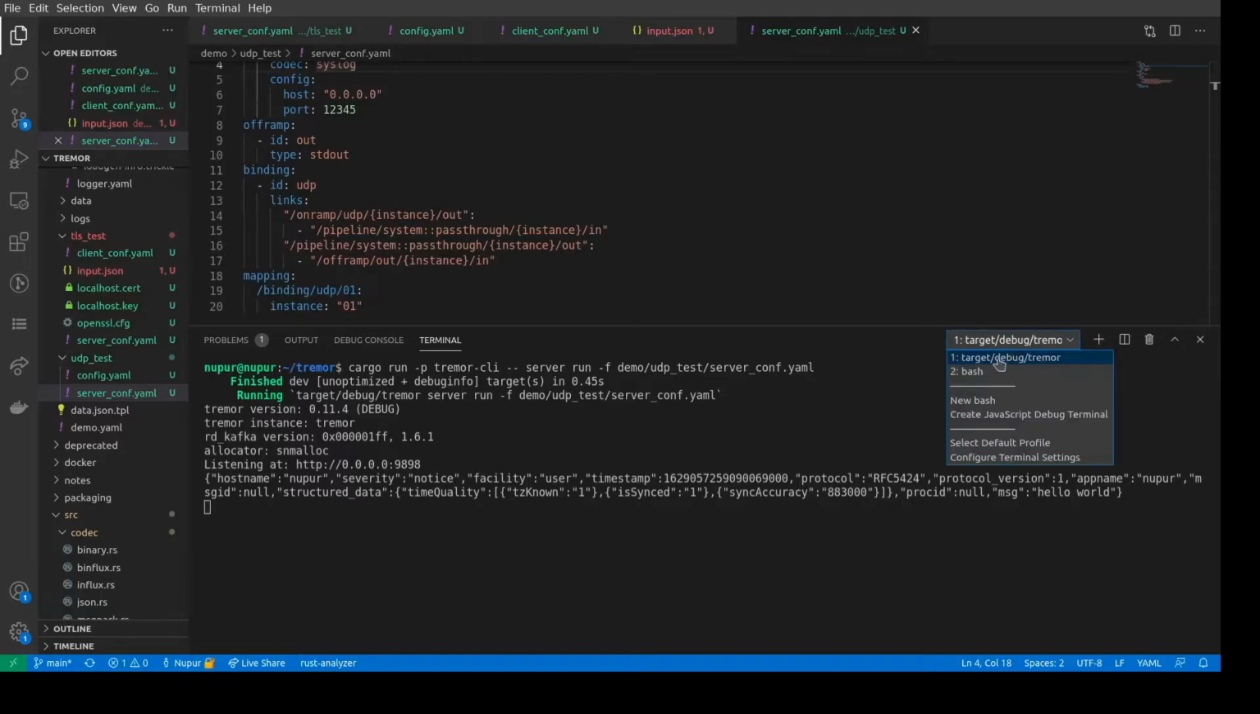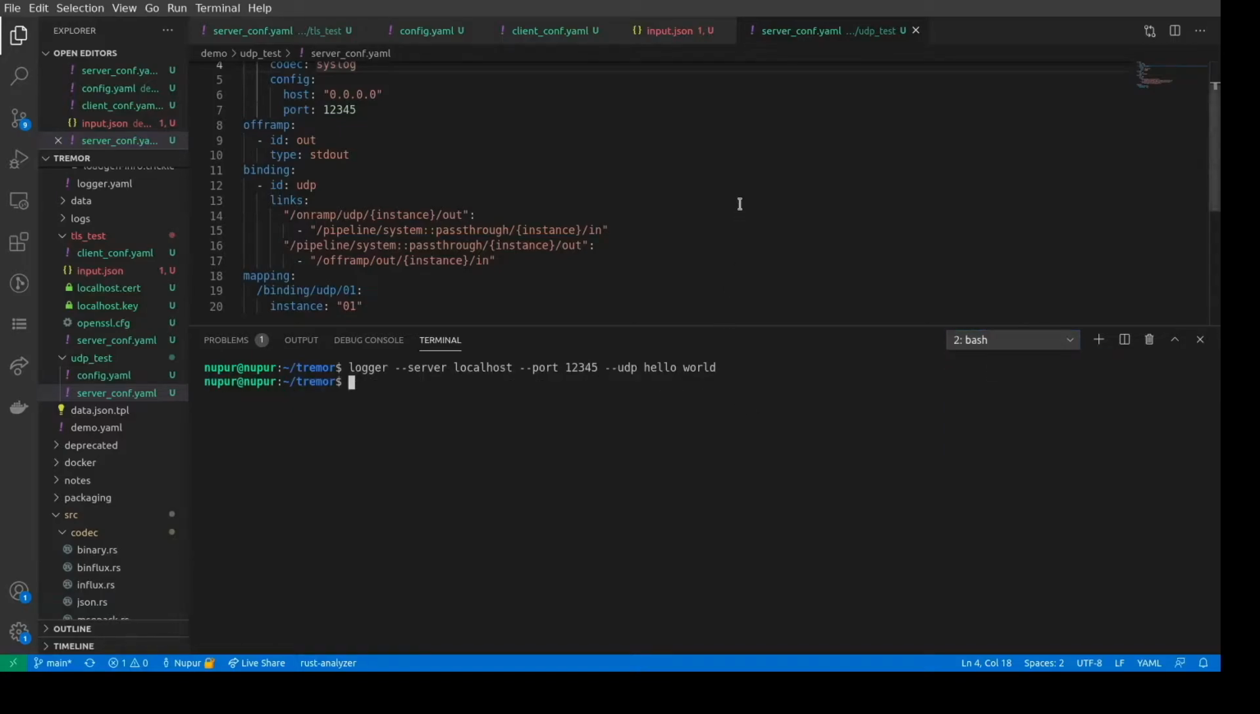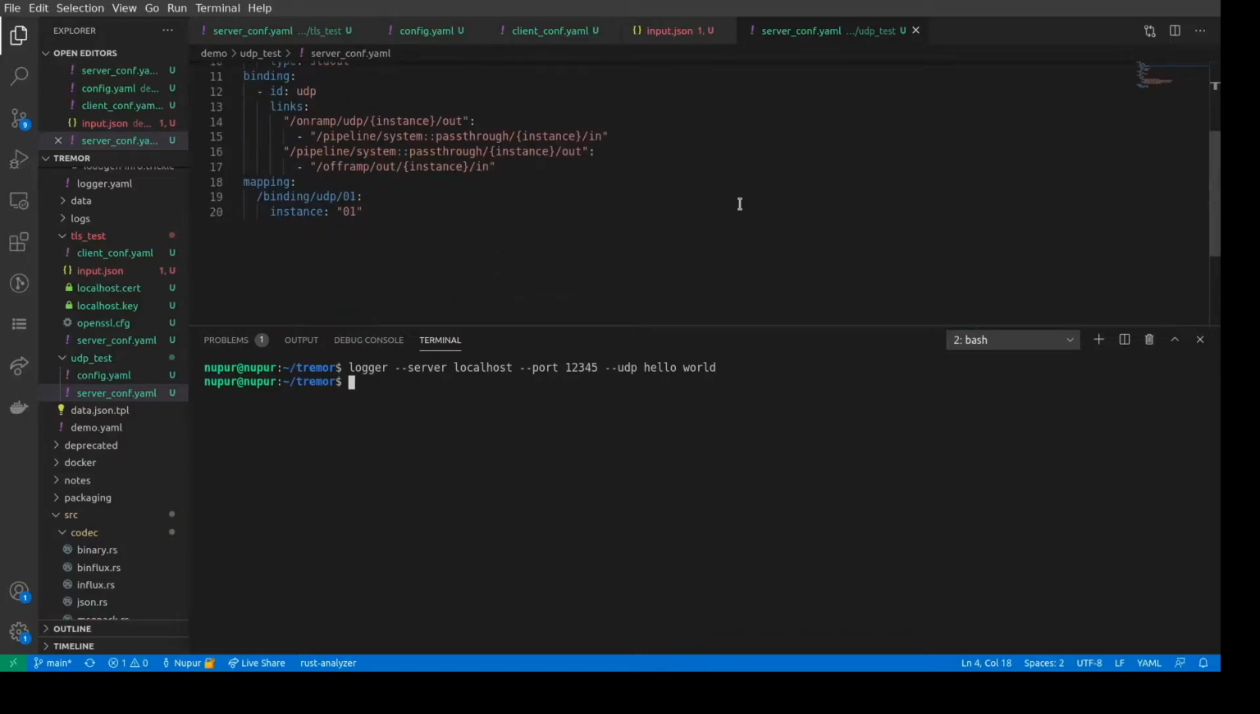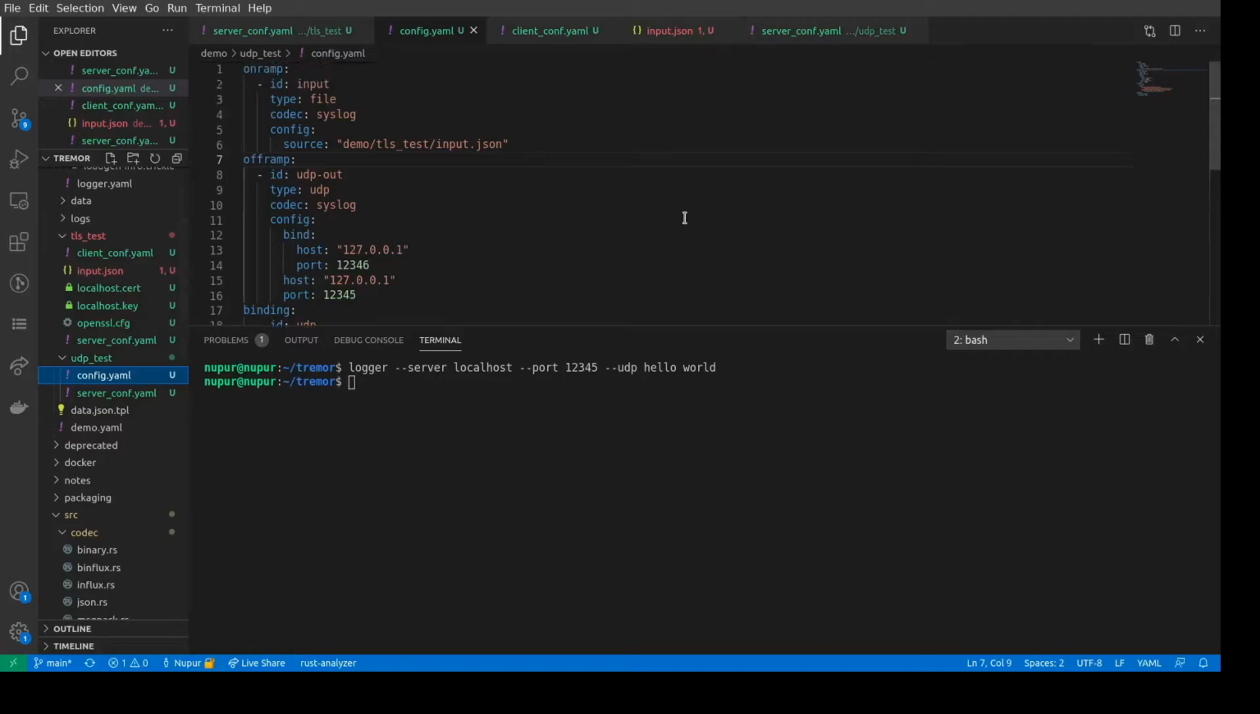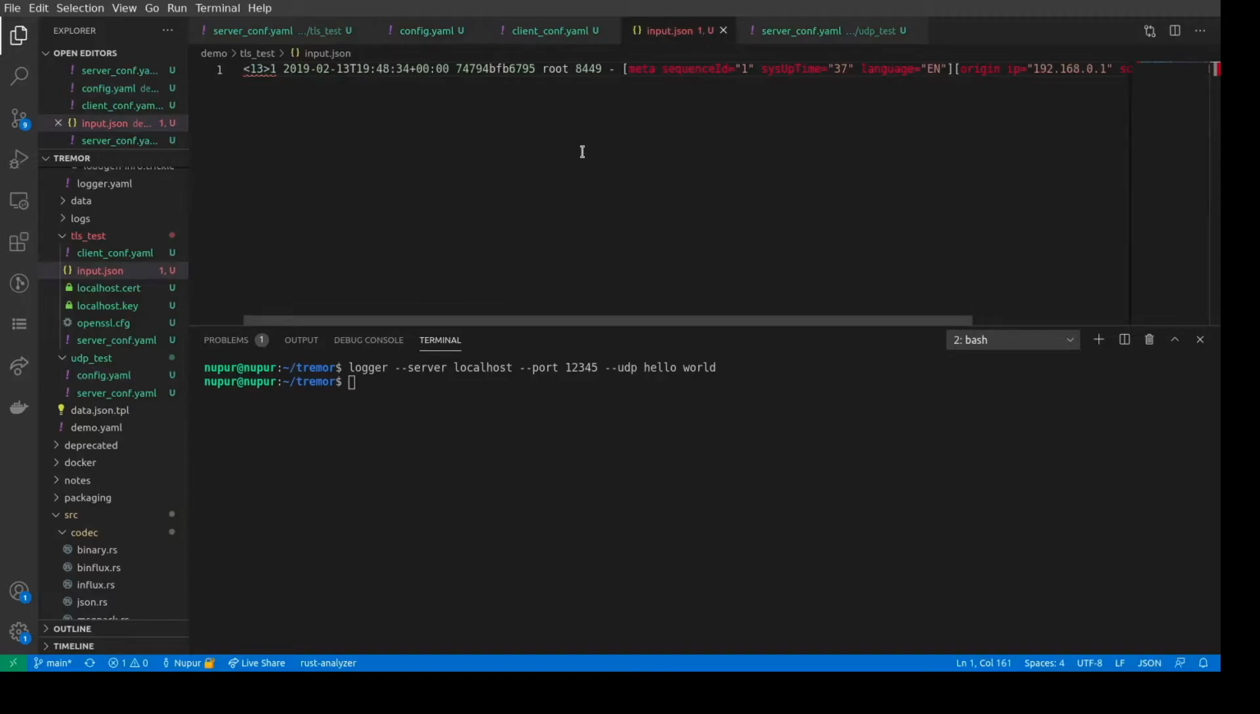Now let's try to send the message using Tremor. So we'll need to set up a UDP client for the same. Here's a config file for the UDP client. It uses a source as input.json from where it will pick the messages, and in input.json I've already put an